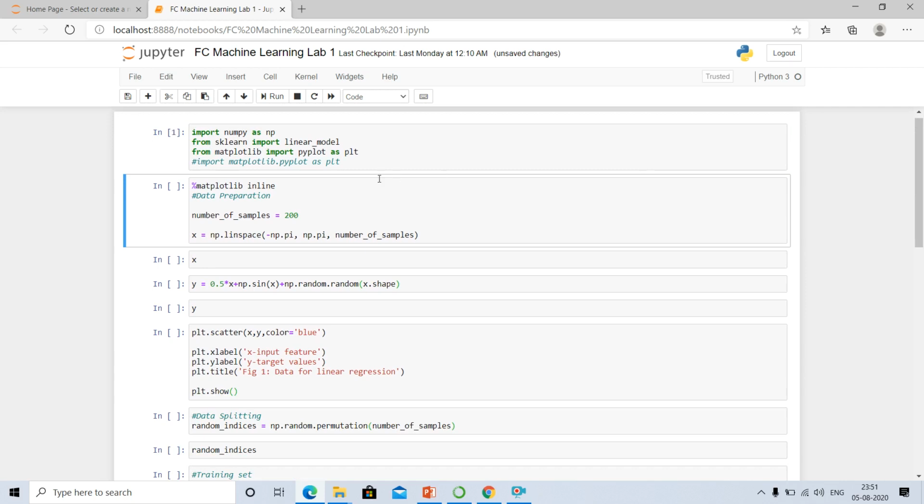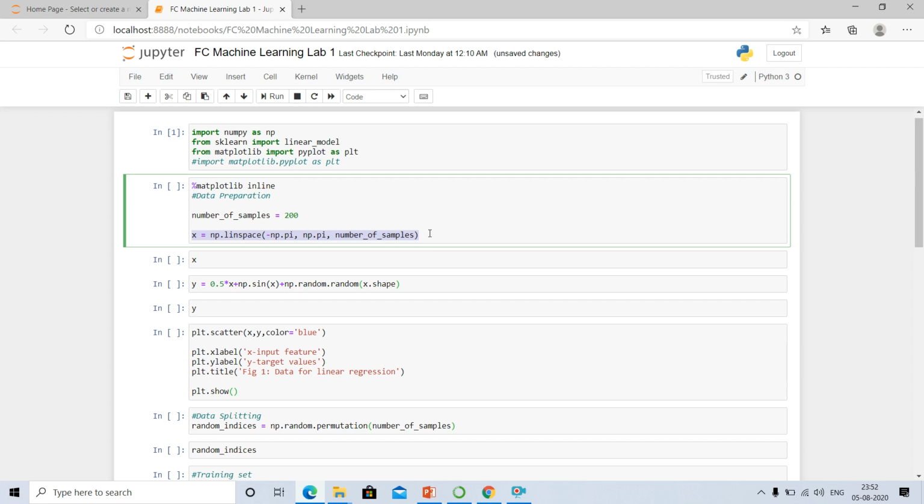The next step is our data preparation. First you have to know the number of samples. Here I have given the number of samples as 200. This is user defined, so you can give whatever you want. Now I want to create those samples using linspace.